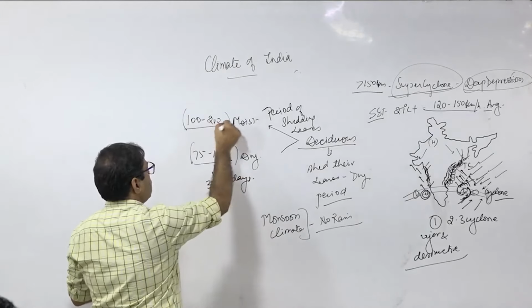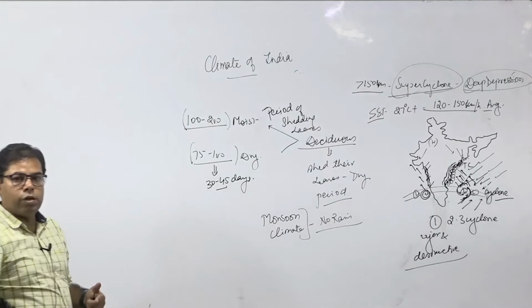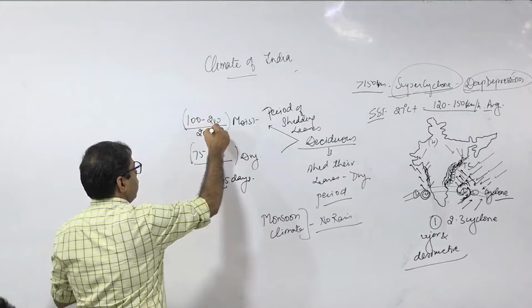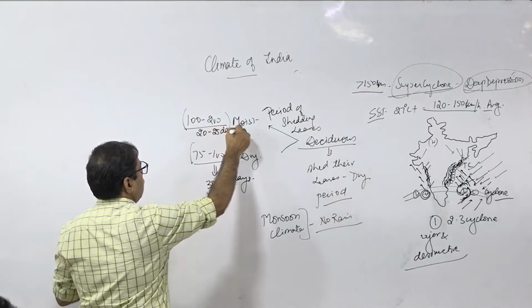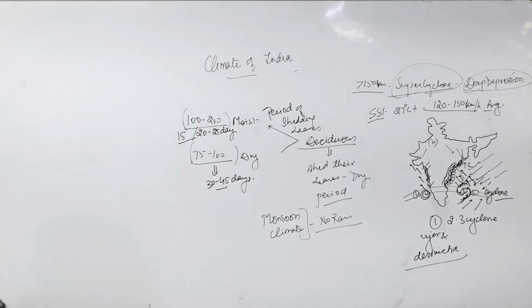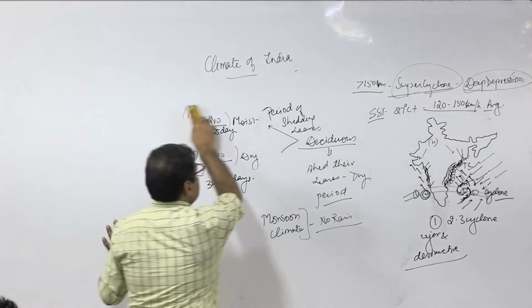Where the rainfall is more, they will have relatively more availability of moisture in the soil, so they shed the leaves for about 20 to 25 days, or in some books you will find 15 to 20 days, right? Clear हो गया? So that is the deciduous forest. Clear? Then after